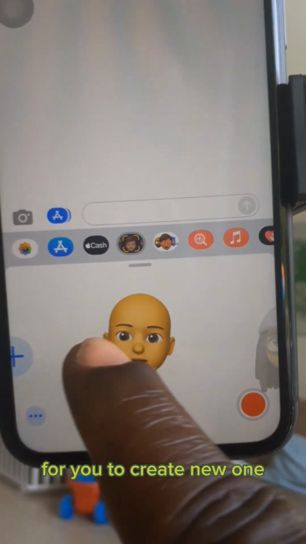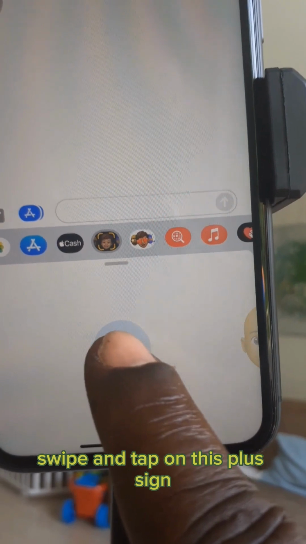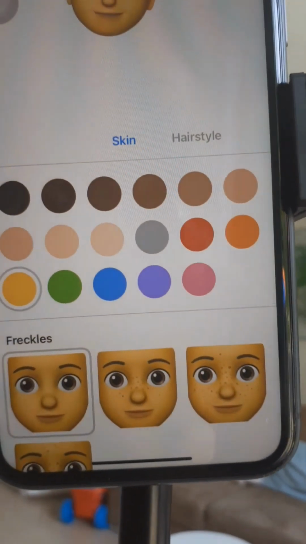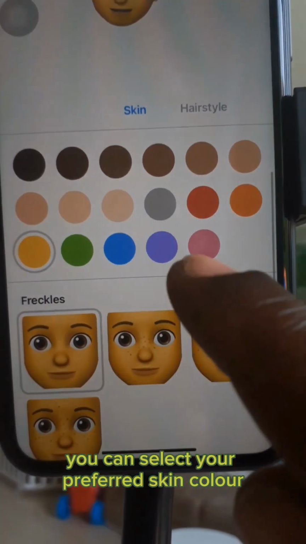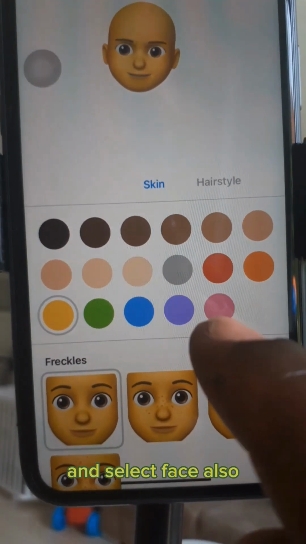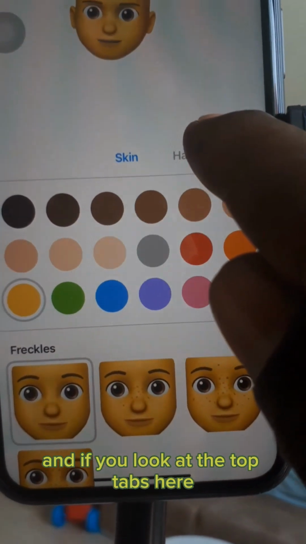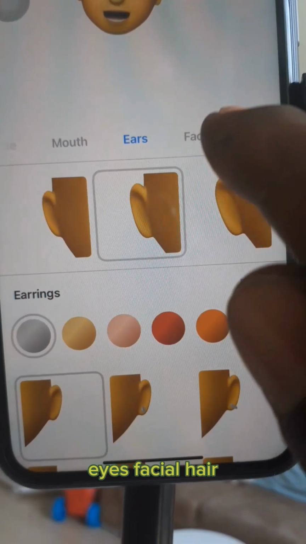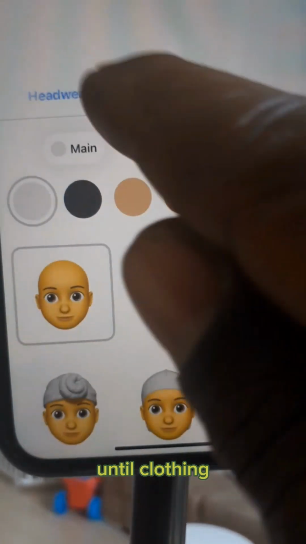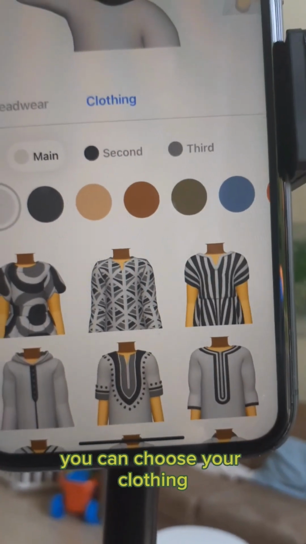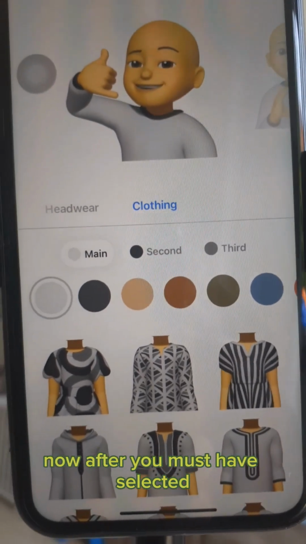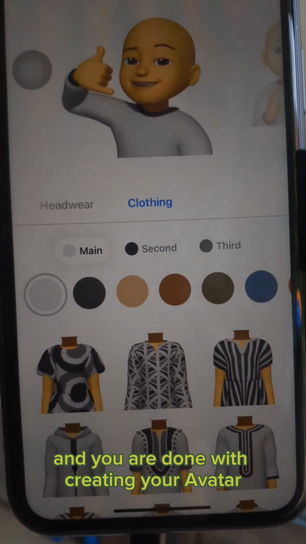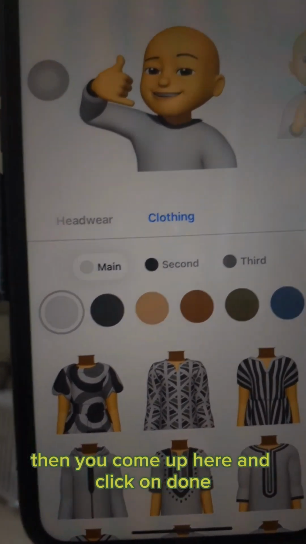So for you to create new ones, swipe and tap on this plus sign. From here, you can select your preferred skin color and select face also. And if you look at the top tabs here, you can choose your hairstyle, as you can see, eyes, facial hair, until clothing. You can choose your clothing, as you can see. So now after you have selected and you are done with creating your avatar, then you come up here